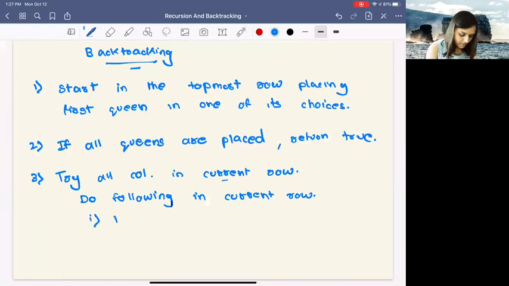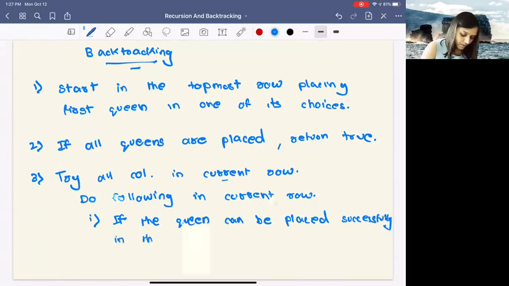First, if the queen can be placed successfully in this column, so let's say we started from the first column, whichever column is at our hand is called this column, then mark this, by this I mean your row comma column for that queen, as partial